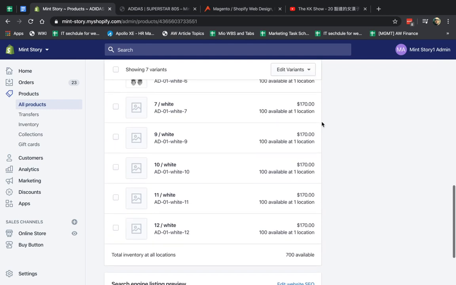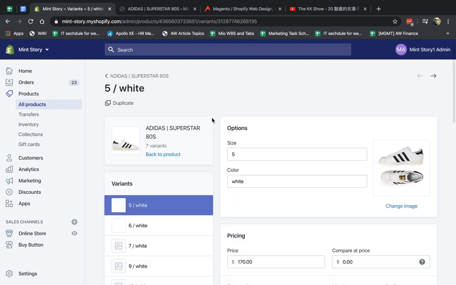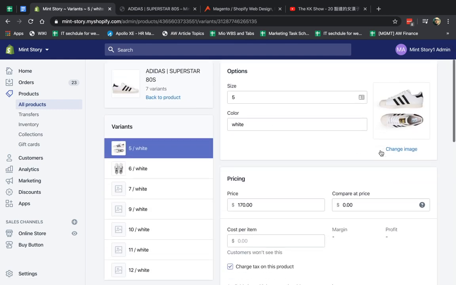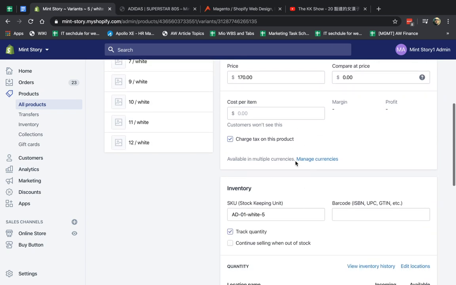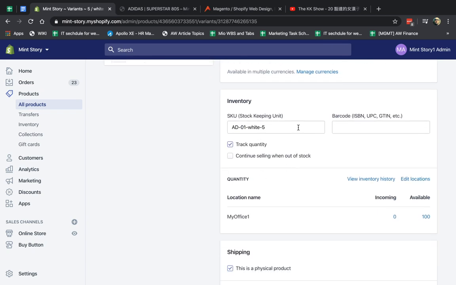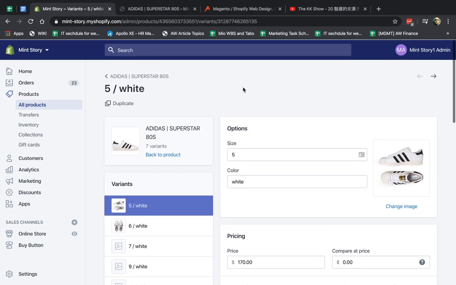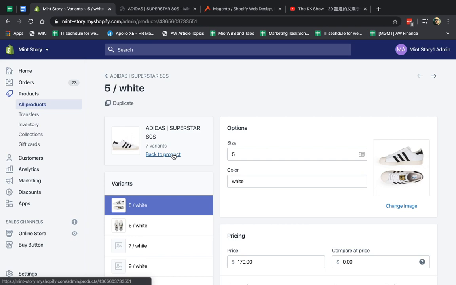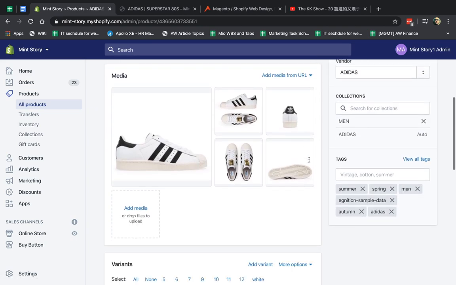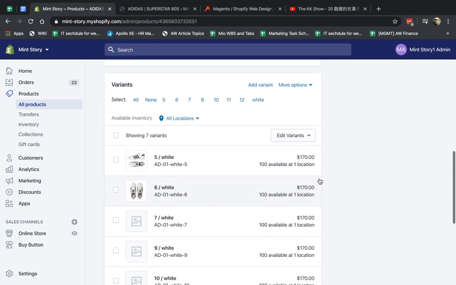You can go ahead and edit a specific one, and you can specify everything from here. This is the price, the compare-at price, the taxes, the SKU, right? Every individual one of the 7 products we showed should have its own SKU because they're different physical products. Where are you selling? You have the inventory, etc. So everything is here, okay? You can duplicate, and what else can you do?